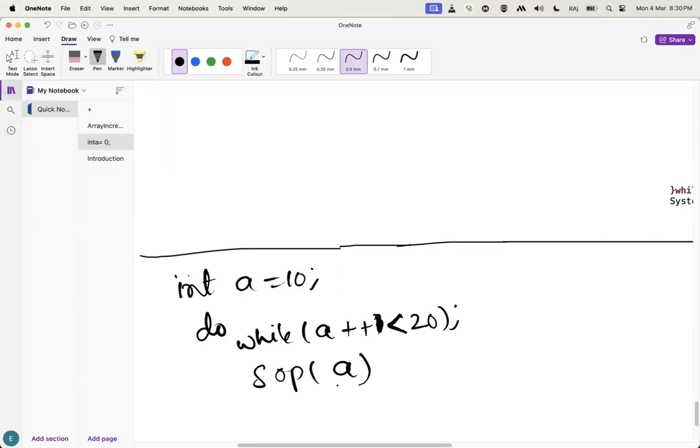Try to solve this one. Only Sanjay has given the correct answer. Others are